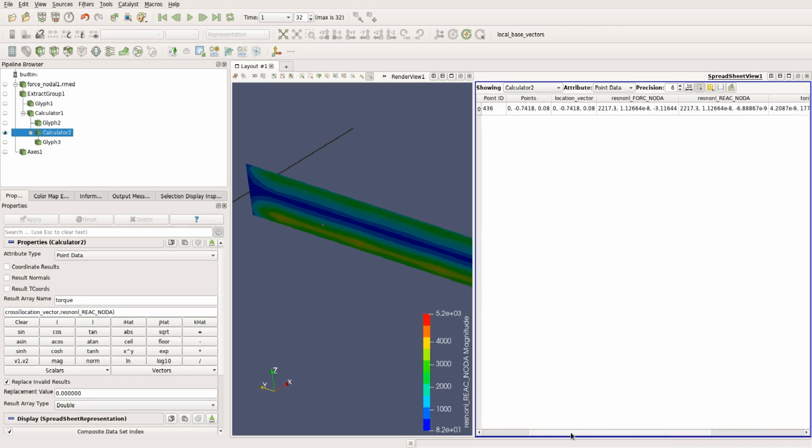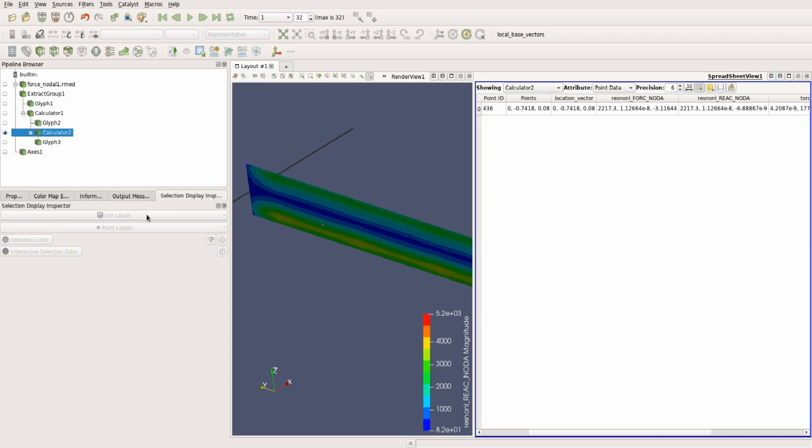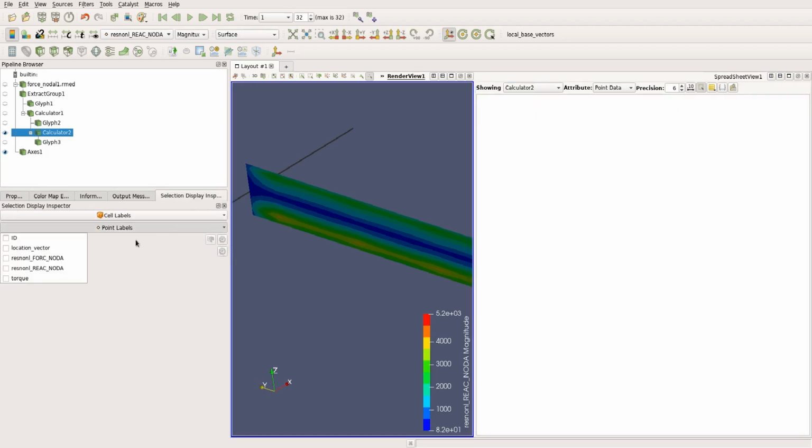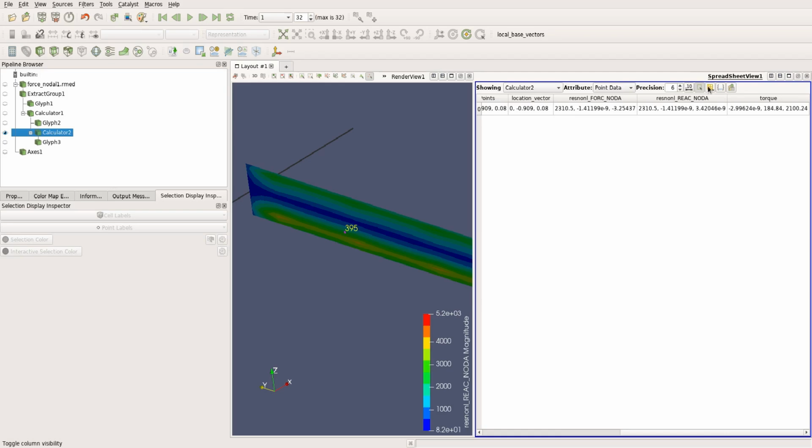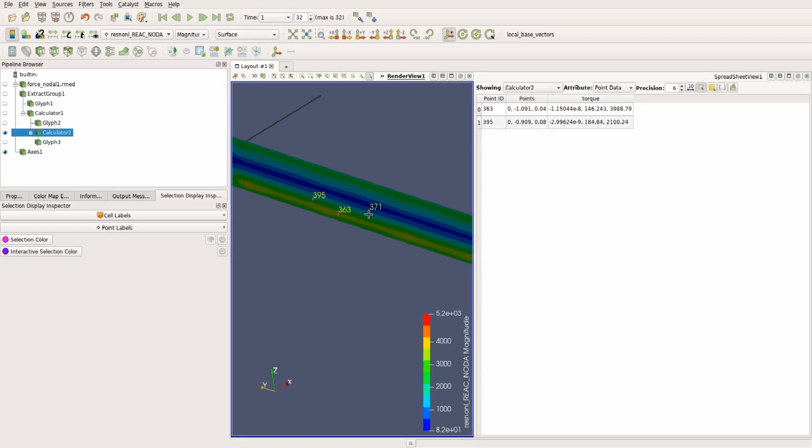And to further help my selection process, I can just go ahead and turn on all these values, so ID would be helpful. So yeah, 395 is this, this is my torque. So I can also just turn off unwanted columns there. So that is my torque along Y and Z that are dominant over here, and I can just keep selecting and the results will be updated. Okay, so